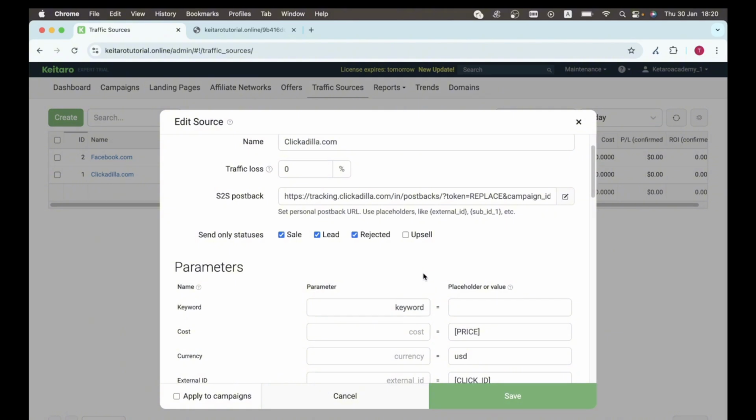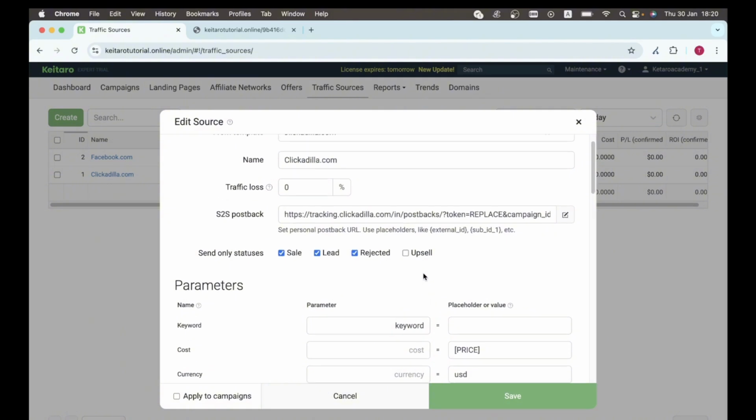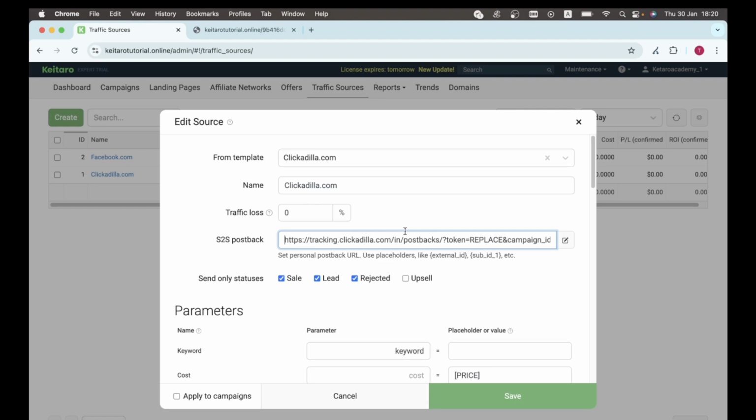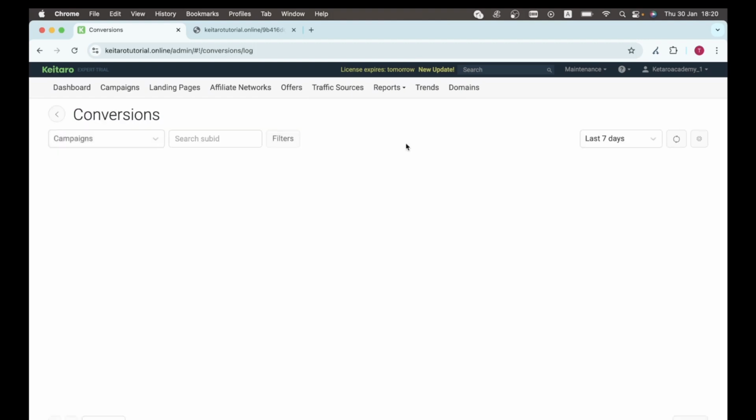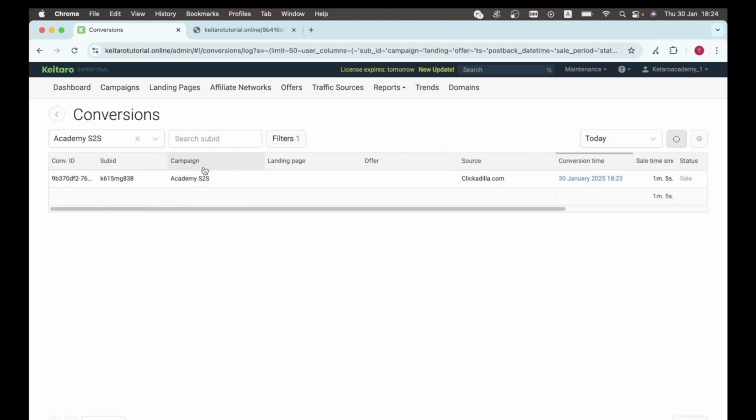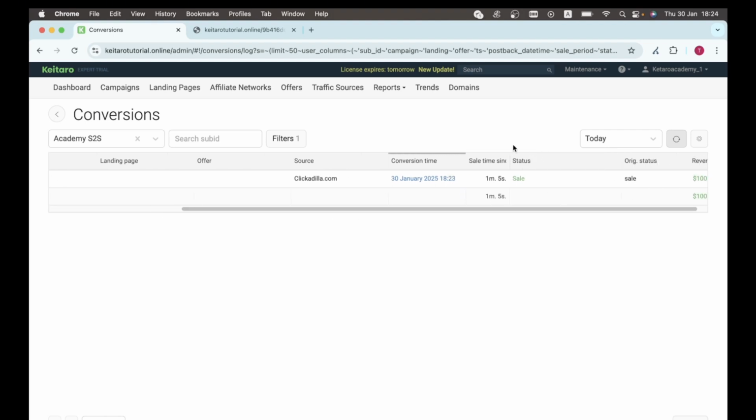In the sources section, we see the Clickadilla, and let's check it out. The link is written here, right? So we see the S2S is sent from Keitaro only with certain statuses. Here you can choose all 4 or just one. So that's all. Now let's go and see how it looks. So let's go to the reports and conversion section. Our sub ID, our campaign Academy S2S, the status sale that we put manually, and our revenue that equals to